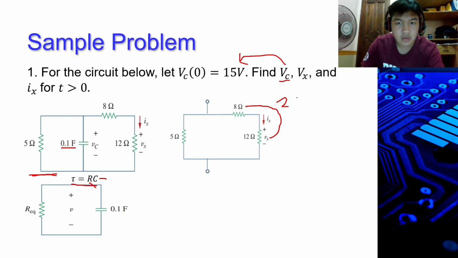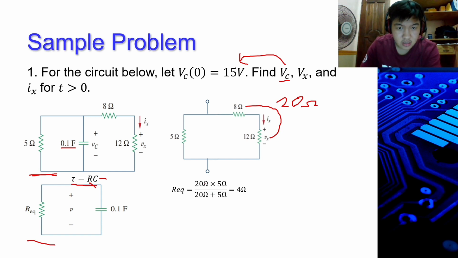So the 20 ohms and 5 ohms are in parallel. Using current divider or equivalent, we can get 20 ohms times 5 ohms over 20 ohms plus 5 ohms is equal to 4 ohms. Since we now have the equivalent resistance, we can now substitute this one, where R is equal to 4 ohms and the capacitance is 0.5 farad, which gives us 0.1